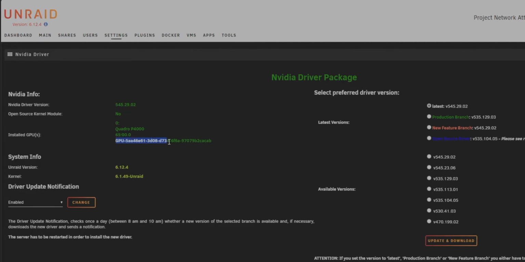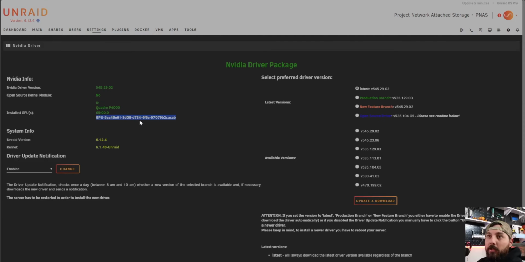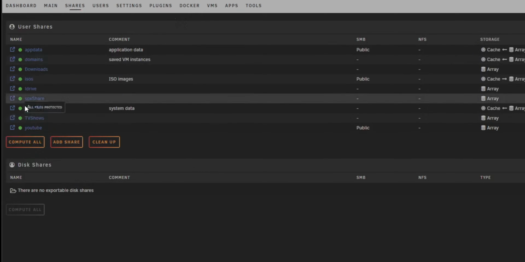And here are some of the important things that we'll have to remember. So we'll need to remember this or keep this tab open because we will need this for our container in the future. So from this point forward, I'm just going to open a new tab and leave this open so we can reference it later. And now we're going to want to go to shares and we're going to create a share